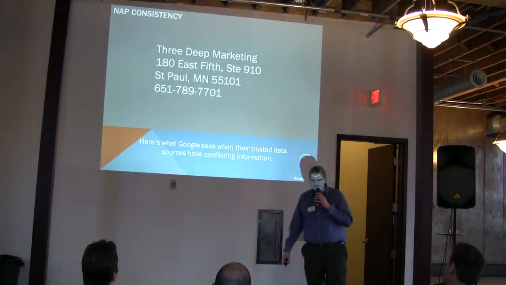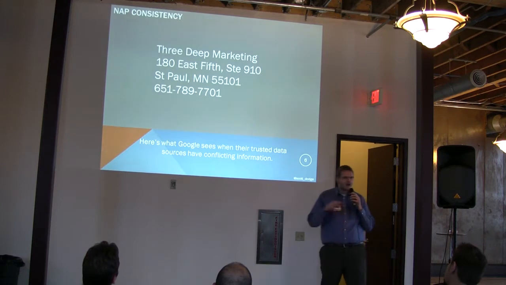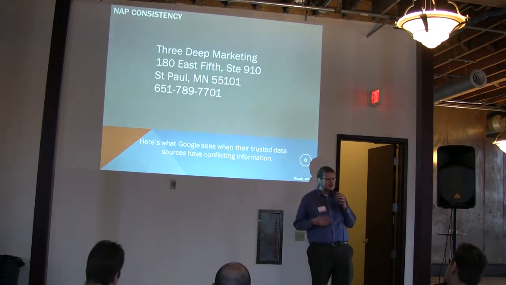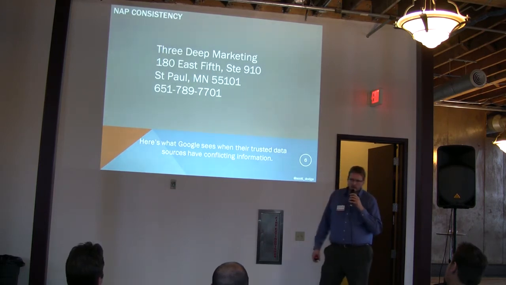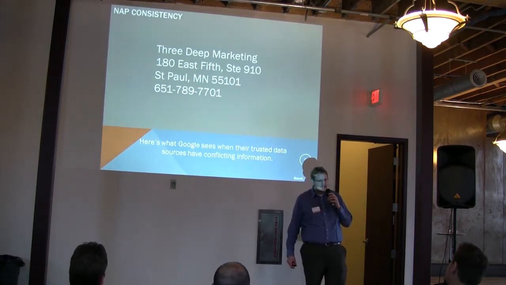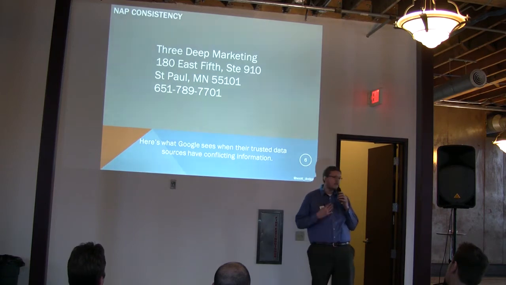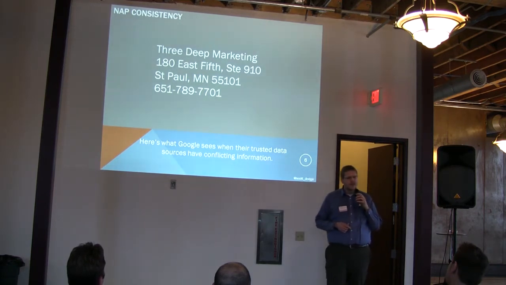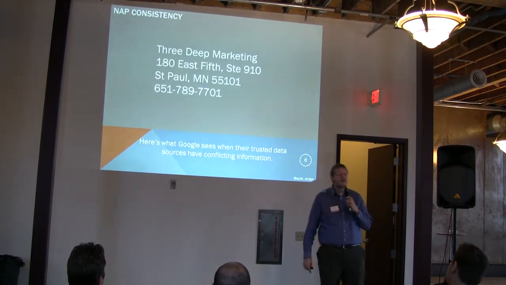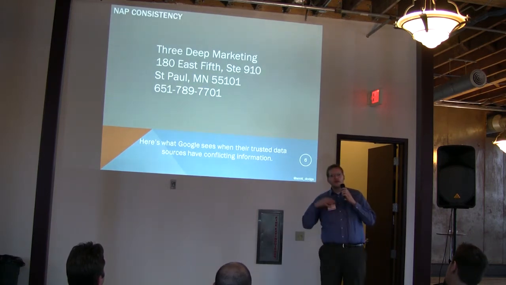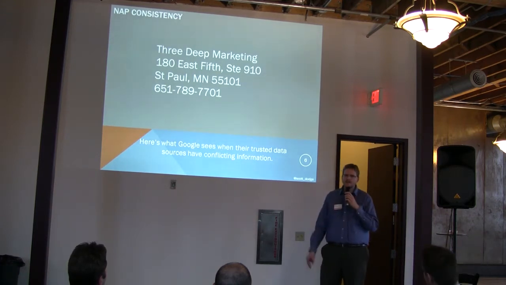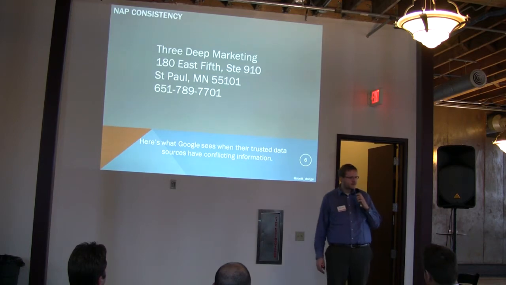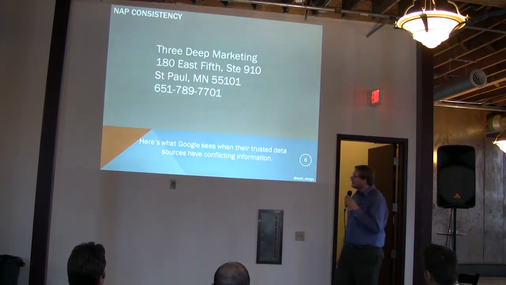So here's my visual example of NAP consistency, and how all these search engines interpret this information. Annoyingly, Google will trust what a data provider has over what you, the business owner, say. So if they find these inconsistencies, it can become an absolute nightmare trying to remove a duplicate or correct information. I'm sure some people in the audience have experienced some of that, right? Yes? Maybe? Okay, good, excellent.